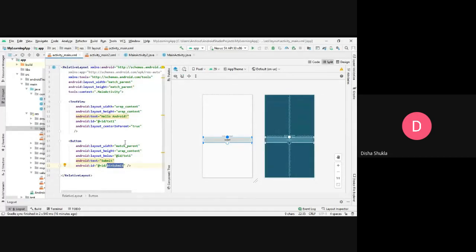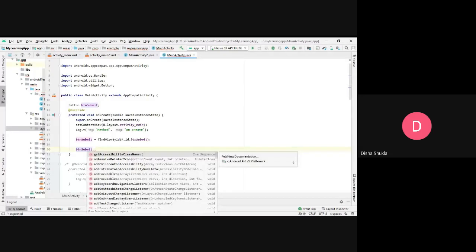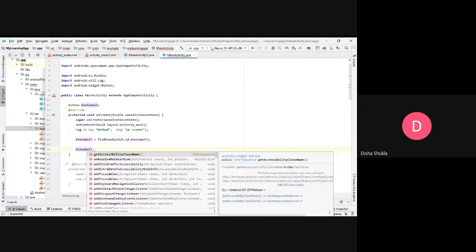So using the ID, I have initialized this particular button. Now I can use the click events on this button. Say, for example, I want to go to another page, so I will simply write a click event for this. What interface it is and how you use it, all these things I will be telling you when I tell you about the button as a view. Right now we are interested in the intent. So right now simply understand what I am trying to say. If you have a question, you can always ask, but right now just accept what I am telling.